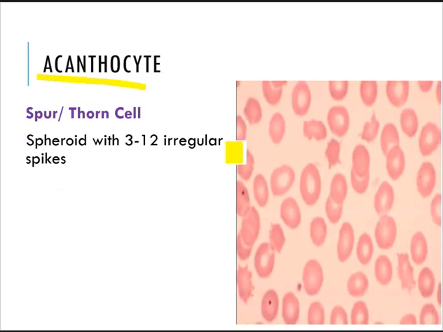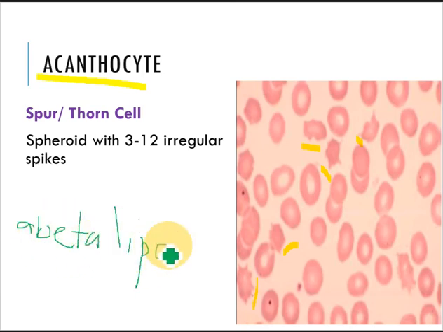First up, we have your acanthocytes. This is usually known as your spur or thorn cells. This one. So this is what they call this. We usually describe them as a spheroid with 3 to 12 irregular spikes. We usually see them in increased cholesterol and in a disease called your